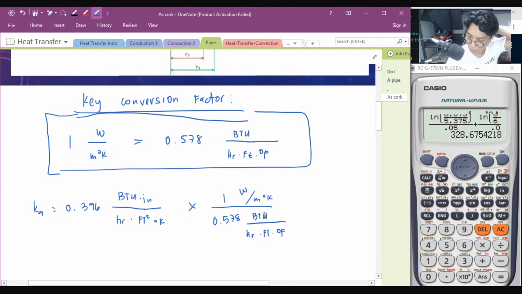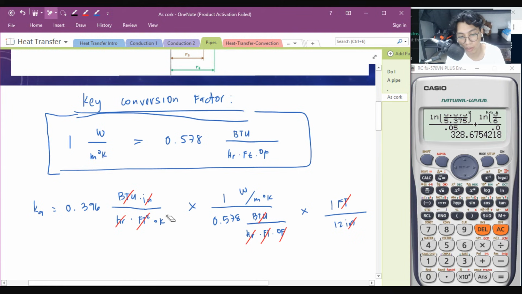Now, kailangan eliminate natin dito yung inch, okay? May inch dito sa taas, di ba? Kailangan ma-eliminate natin yung isa pang feet. So, there are 1 feet in every 12 inches. So, we can cancel all the same values, same units. So, 1 feet, yung feet dito, yung feet dito. Okay? Para maging watt per meter degree Kelvin. So, BTU, BTU, hour, and then degree Fahrenheit. Mali lang ako dito ng lagay. Yan. Cancel na rin yan.